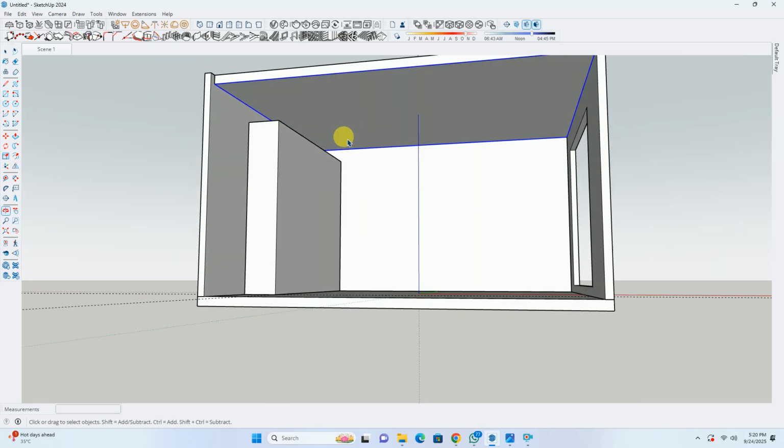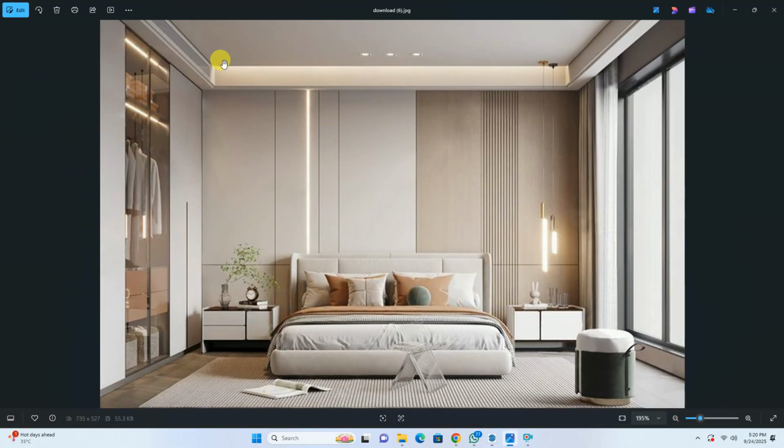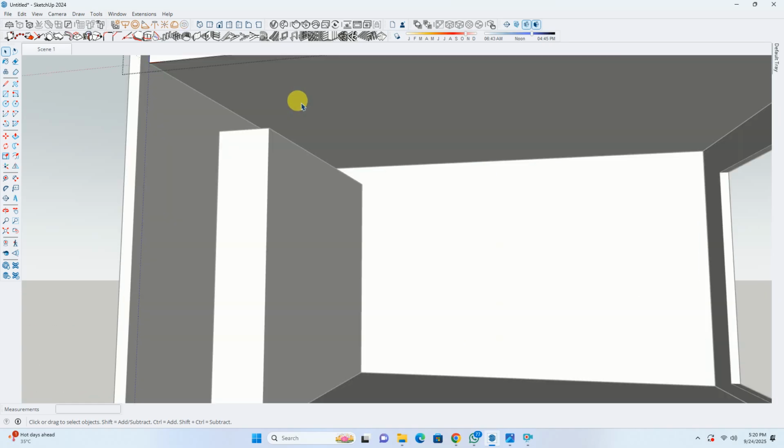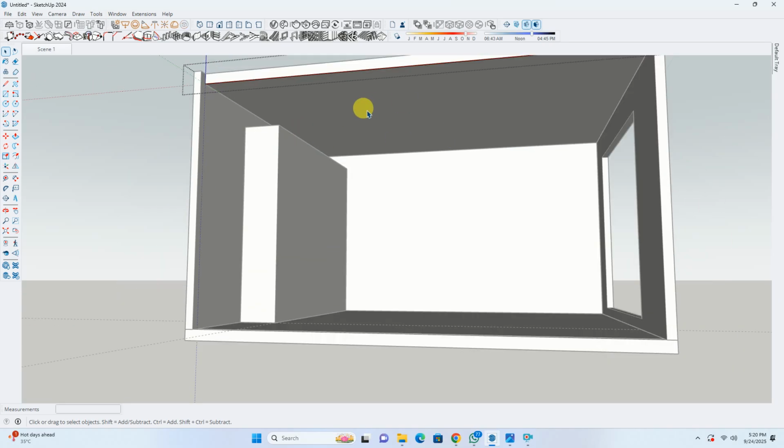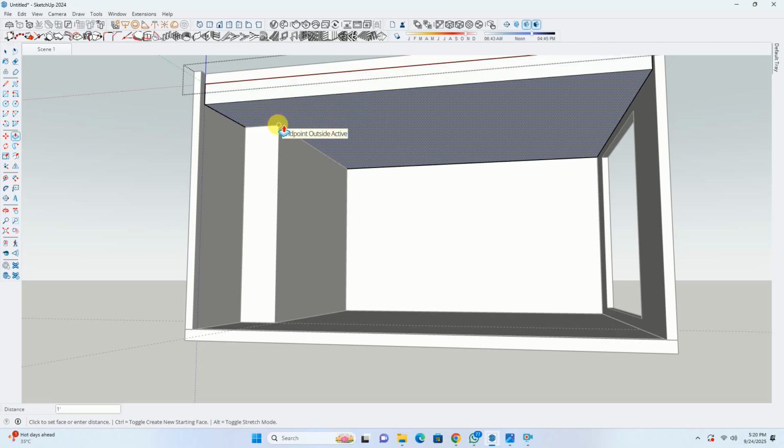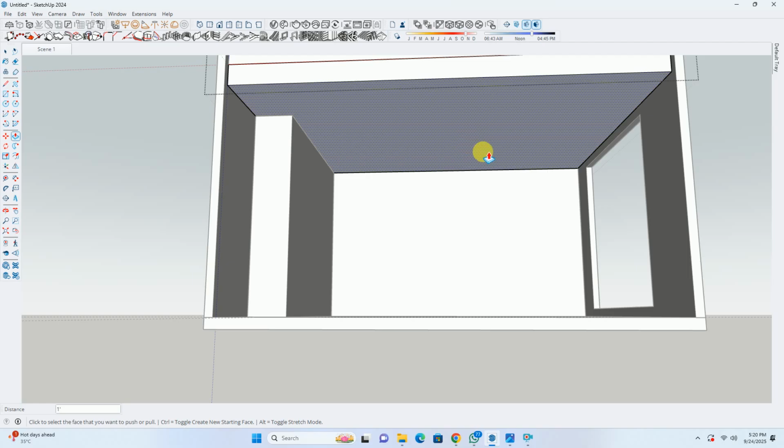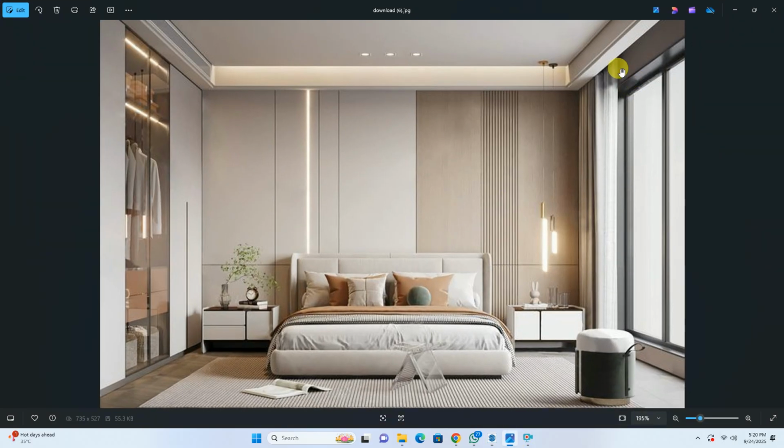Okay. Now we can see that false ceiling. We can see there's a drop from the corner of the false ceiling, and this height is a little bit upward. So we'll create a false ceiling in this manner only. So for making it in this manner, we'll double click on the surface that we have created. Okay, as you can see clearly, the drop is of about 1 feet. We'll apply it at a drop of 1 feet. Now we can see there is the gap. This gap is called as what? Which gap? This curtain gap.